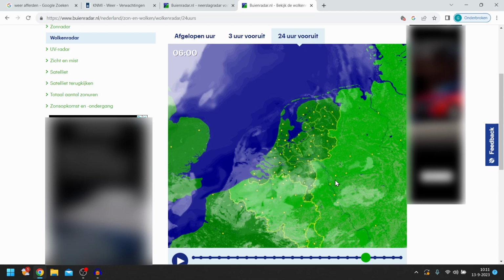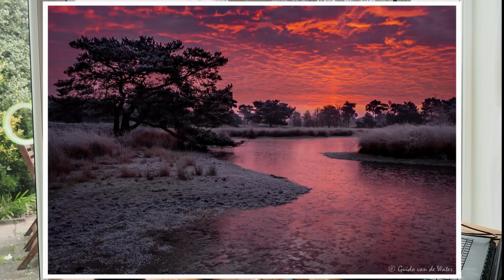So this area is open without any clouds. If you would position yourself somewhere here and the sun rises from this side, it will shine underneath this particular cloud, creating this red sky. And that's actually what I often look for on a map like this, places that might end up having some